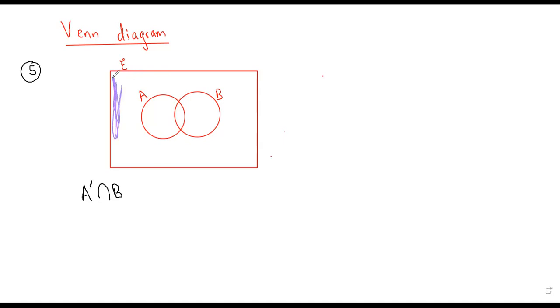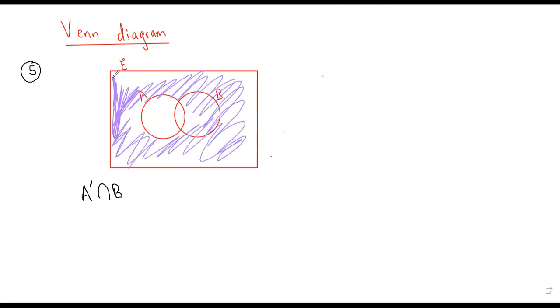ठीक है, तो A complement के अंदर मेरे पास ये सारे का सारा रीजन आ जाएगा जो कि मैंने पर्पल से शेड किया. Everything except A. A complement is everything except A. जब मैं इस पर्पल रीजन का इंटरसेक्शन लूंगी विद B तो क्या होगा? What is the common region now? The common region is basically this. ठीक है।